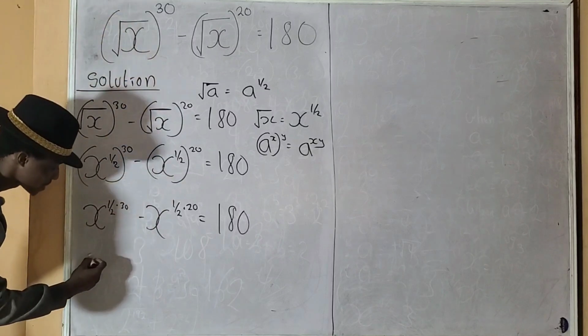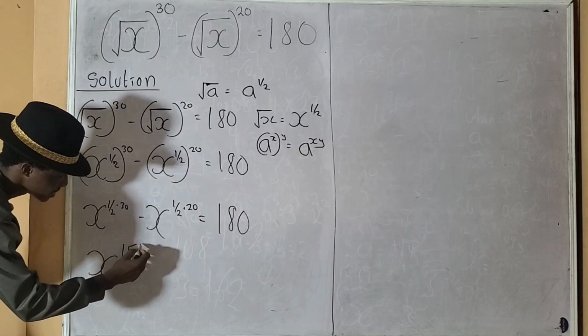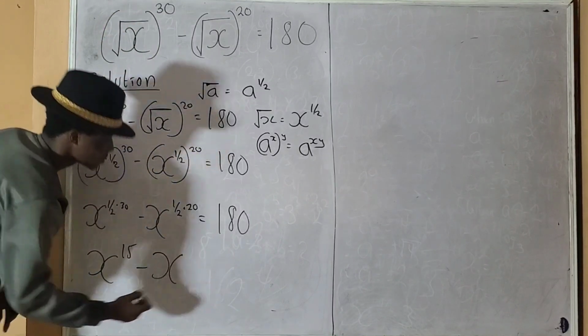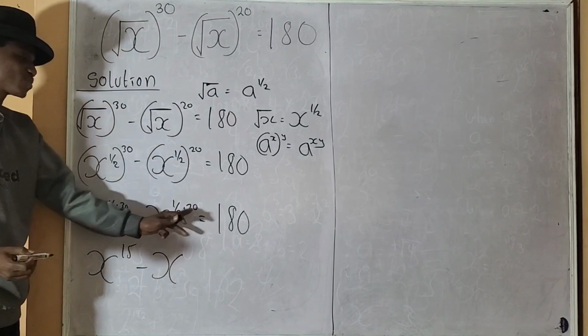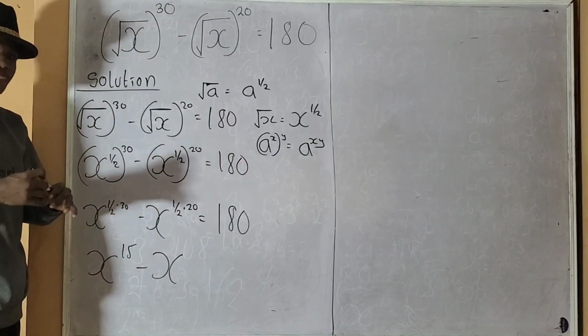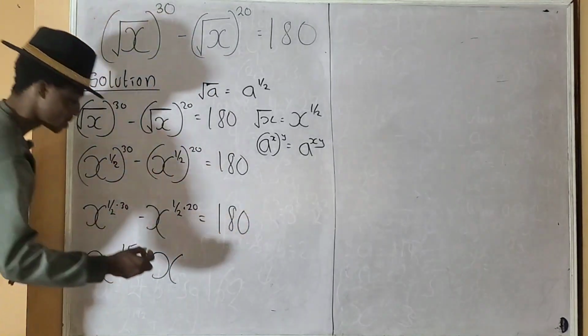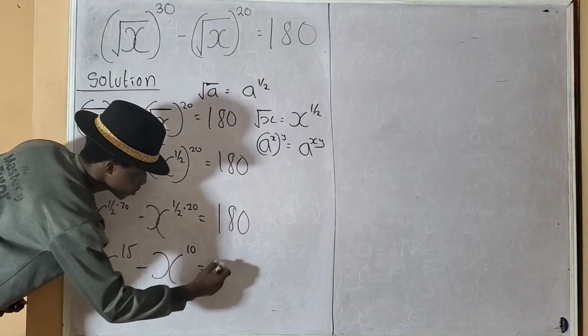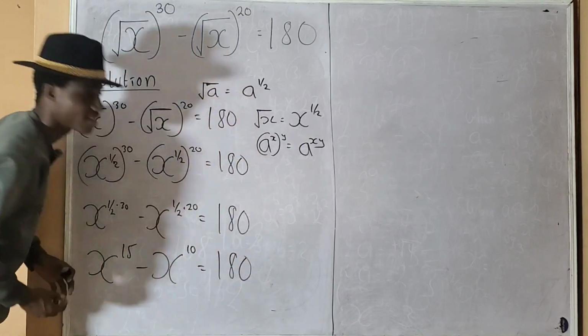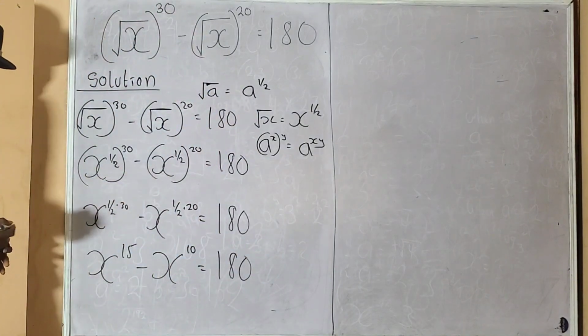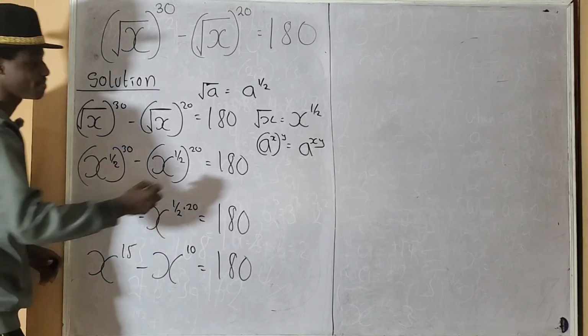So I'm going to have x raised to the power of 15 minus x raised to the power of 1 over 2 times 20, which is 20 over 2. 20 divided by 2 will give us 10. So I'm going to have x raised to the power of 10 equals 180. Are you following? Okay, now 15 can be written as